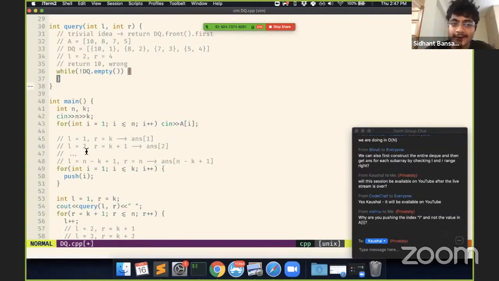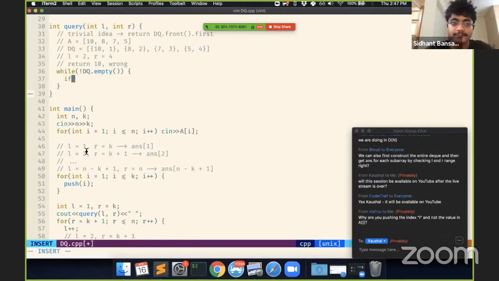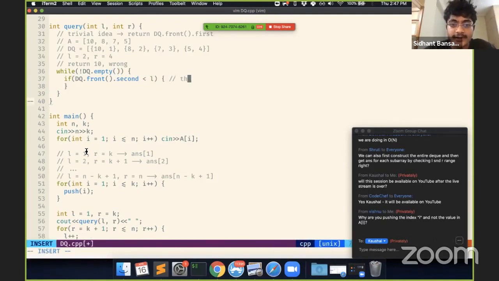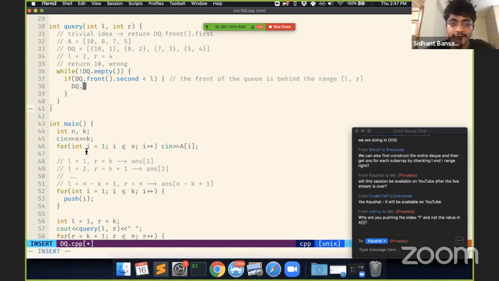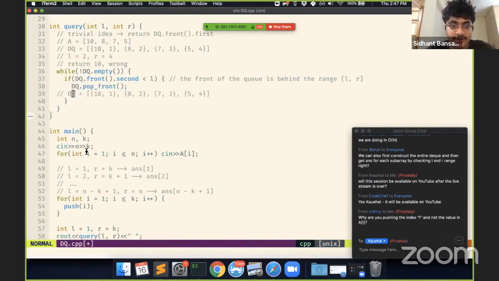So we say until the DQ is not empty, if dq.front.second, that is this index, the index that this element has, is less than L, that means the front of the queue is behind the range L to R. Then we pop the front. So in this case, after this pop, the DQ will become this. And otherwise,